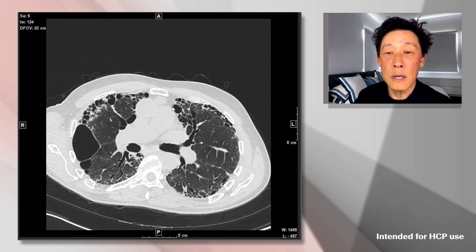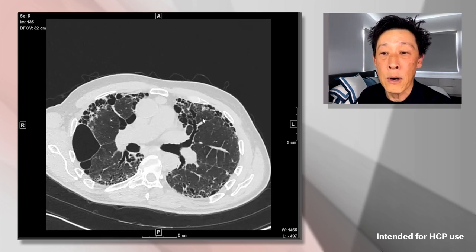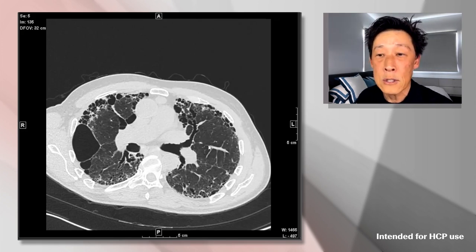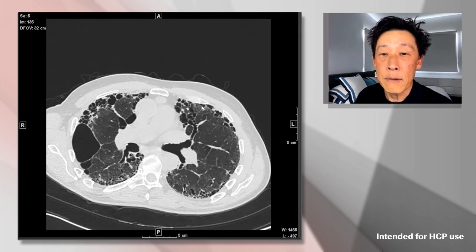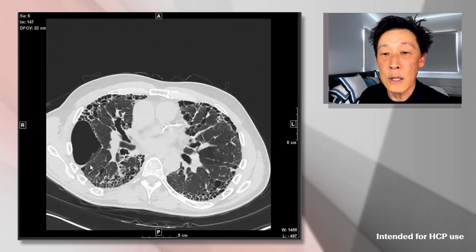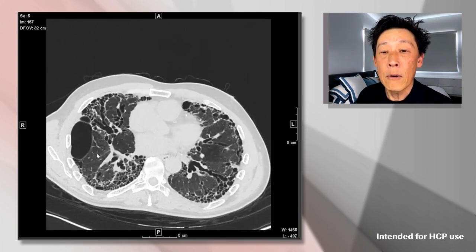So when we put two and two together, we should be thinking about traction changes of the airways, or traction bronchiectasis and bronchiectasis. Another clue is that despite how abnormal this airway is, it's not particularly thickened. And so that steers us again away from an airway intrinsic cause of the airway dilation. We can see some very nice honeycombs, and we also see some cystic changes within the lung itself as well.